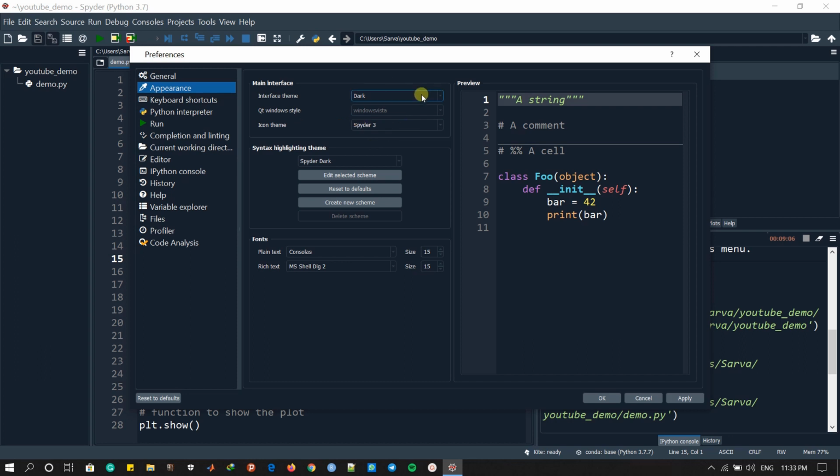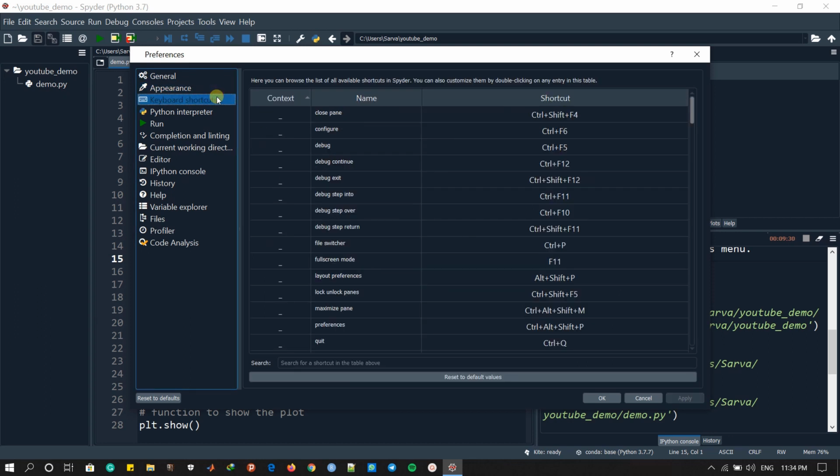You can change your theme right from here. You can change the icon theme, and you can also change the fonts of the plain text and the rich text. And this is the preview of what kind of scheme or what kind of theme that you're gonna get. So this is very useful actually.